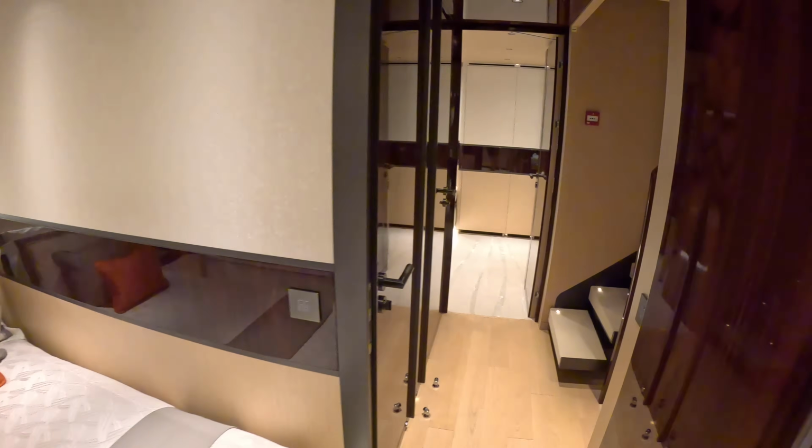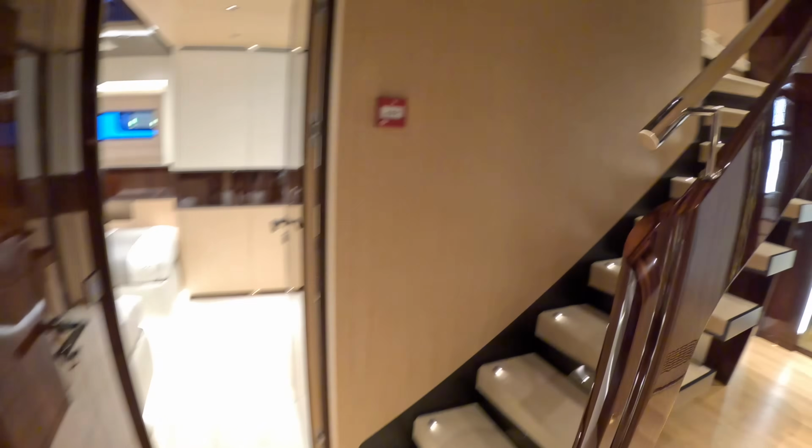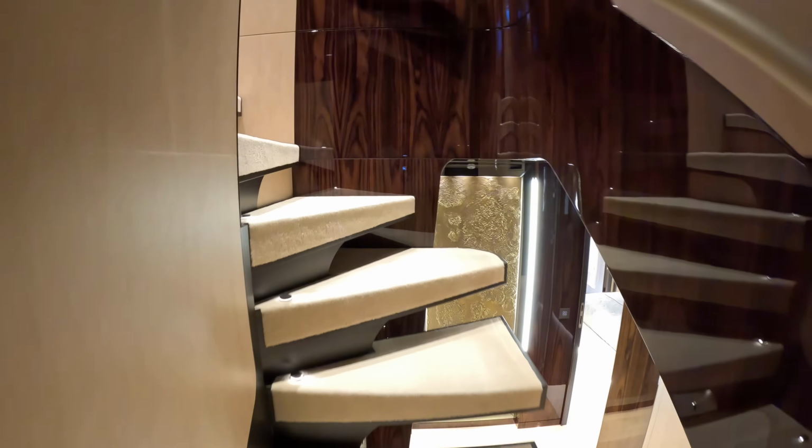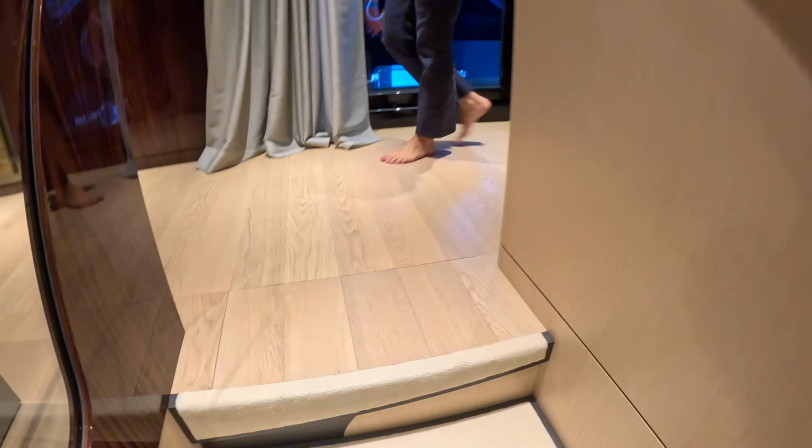There's masses and masses to show you on here, and all of it absolutely fascinating. And we are going to go into every area. We're going to the crew areas, we're going to the engine space, the beach club, the garage, the upper deck, the bridge. There's a lot. But we're going to be very careful how we...